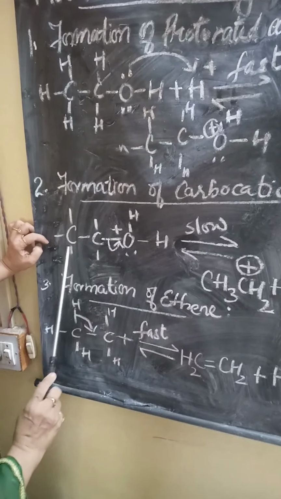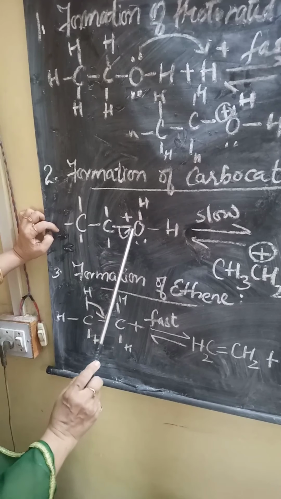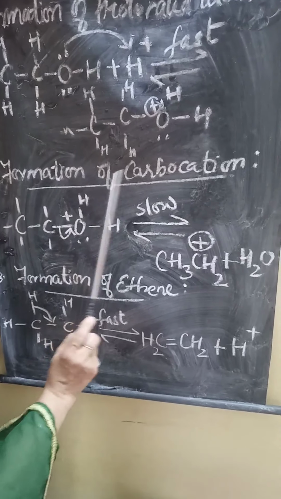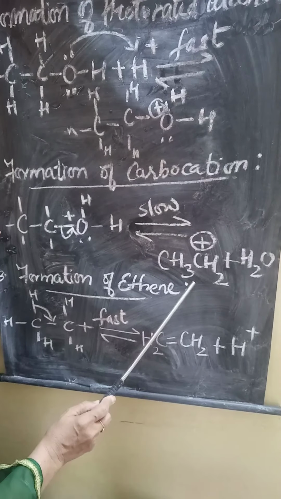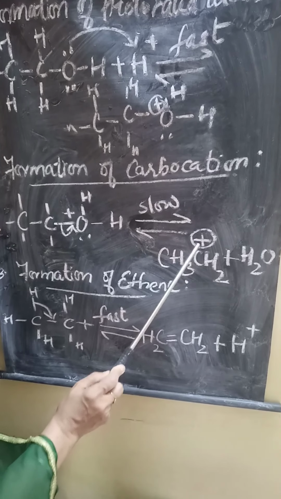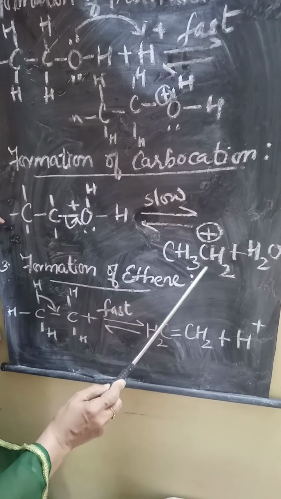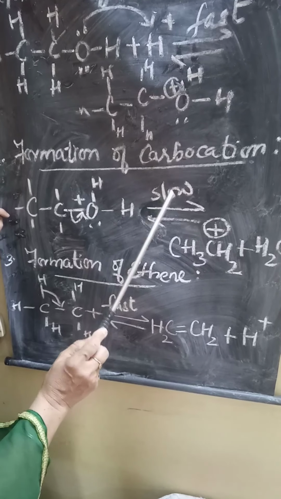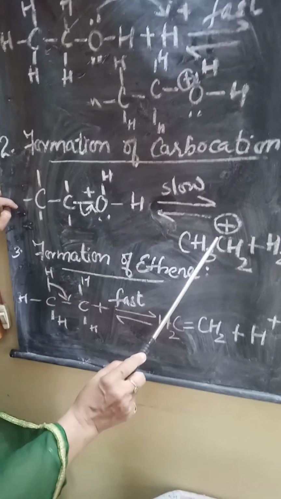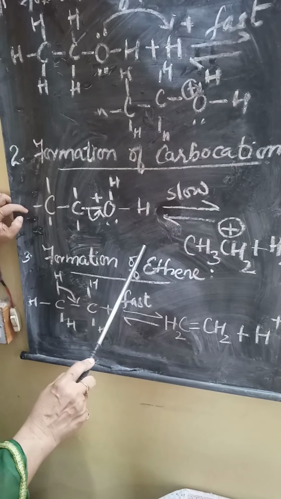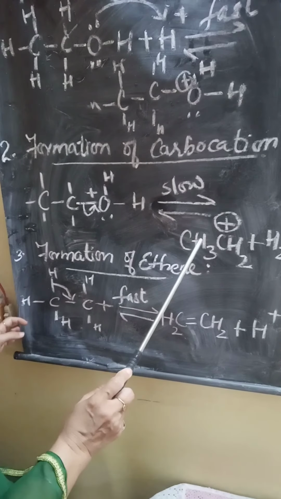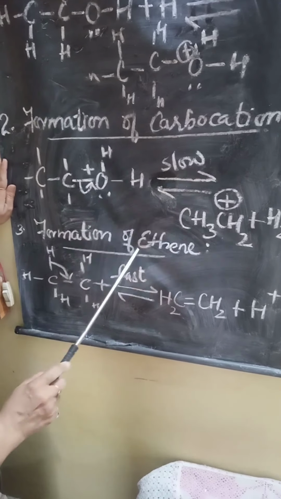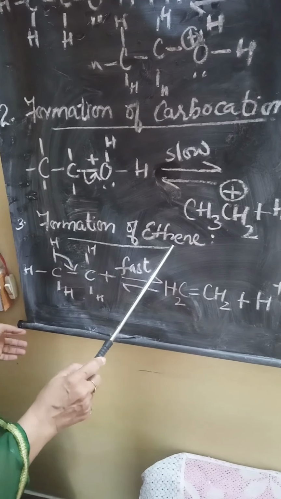So in this you can see the same thing which I have told here. Here you can see the reaction. In this the bond between carbon and oxygen is breaking, going to this side and thereby forming a carbocation. This second step is the formation of carbocation. Once again, you should know what a carbocation is. Any carbon carrying a positive charge on it is known as a carbocation. This reaction is also reversible, but slow. Slow reaction means this second step of the mechanism is the rate determining step, in which the rate can be determined, whether the reaction is taking place or not, and to what extent. Now the third step is the formation of ethene, the final product formation.